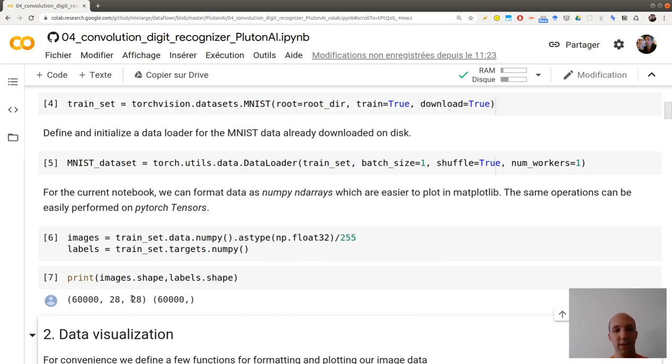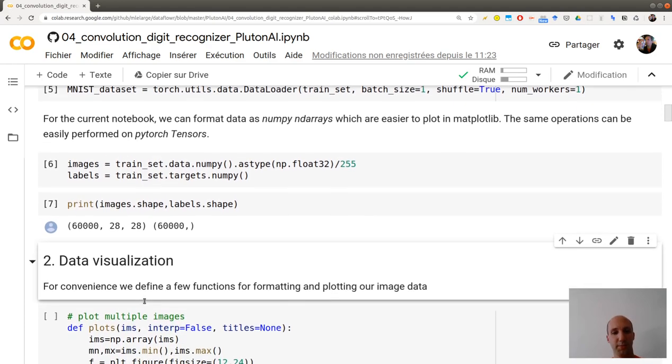So you see that in total I have 60,000 images of size 28 by 28. They are grayscale, meaning that for each pixel you have only one number, which is the level between 0 and 1, the level of gray.